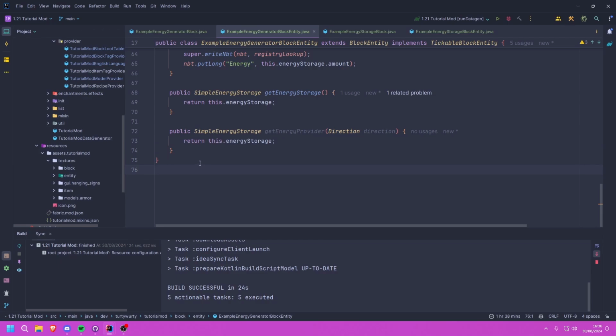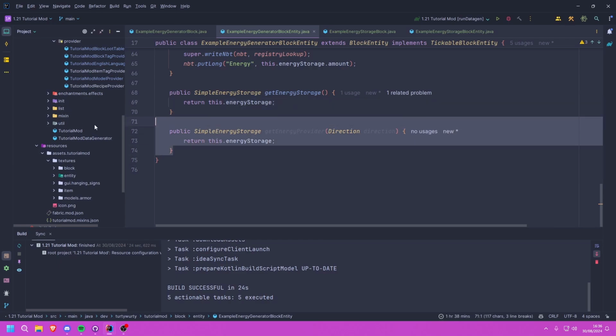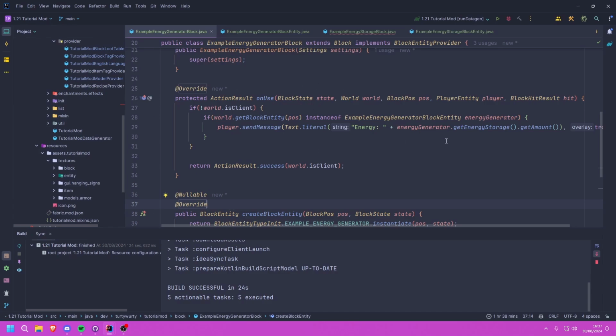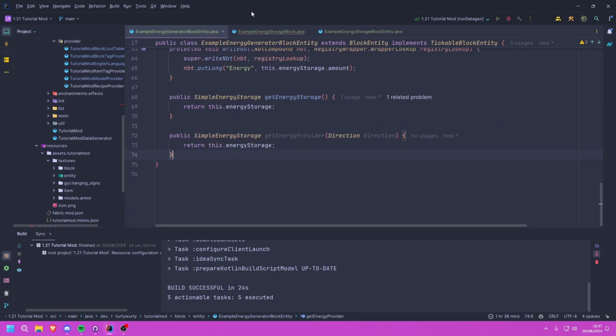Now this will be used in the future as well, for example for fluids and also for our inventory, to have sided inventories and sided fluid tanks, which will be super neat. We will hopefully get to that very soon, possibly the next tutorial, which will be super handy. So with that done, that fixes our error in our block class, so we can go ahead and close both of those,